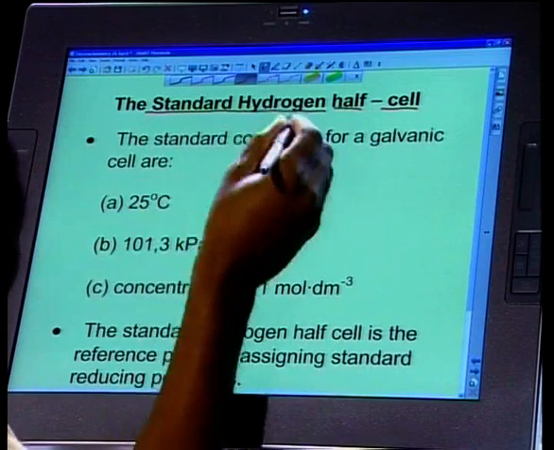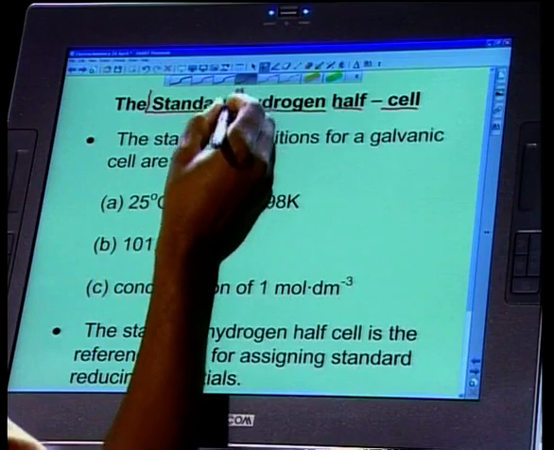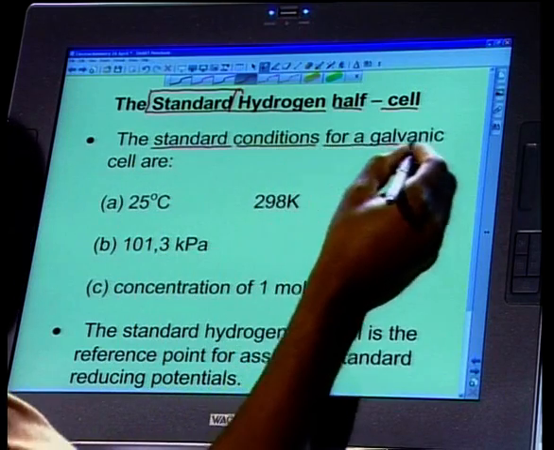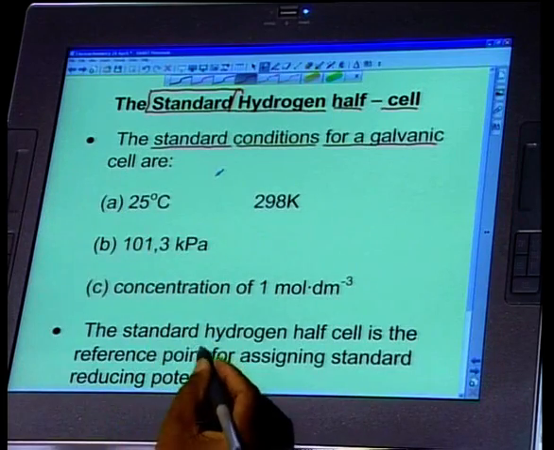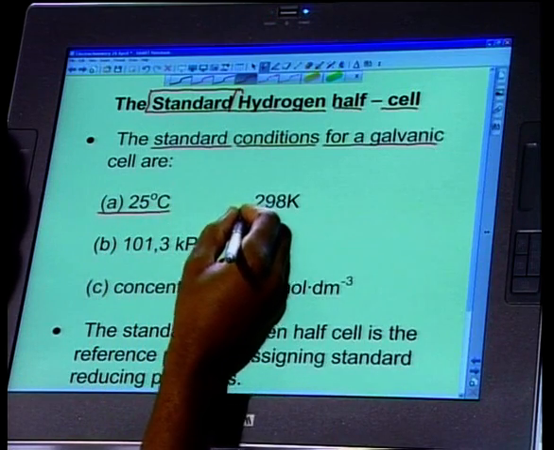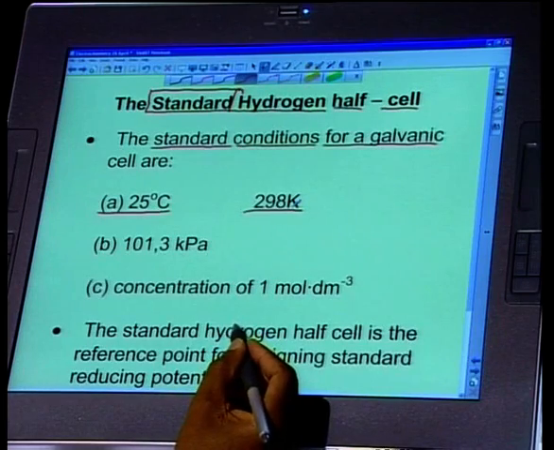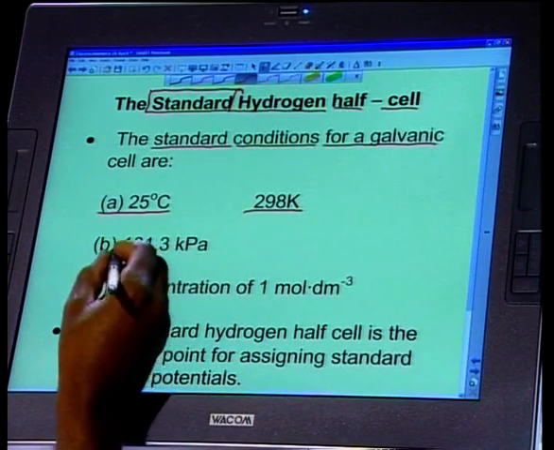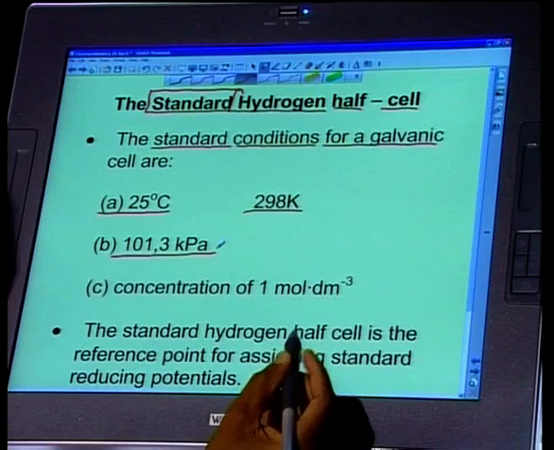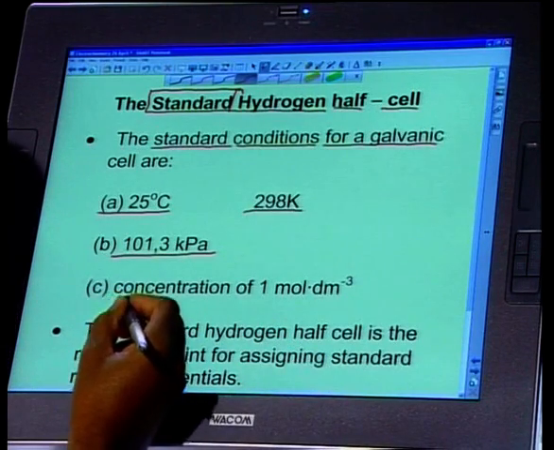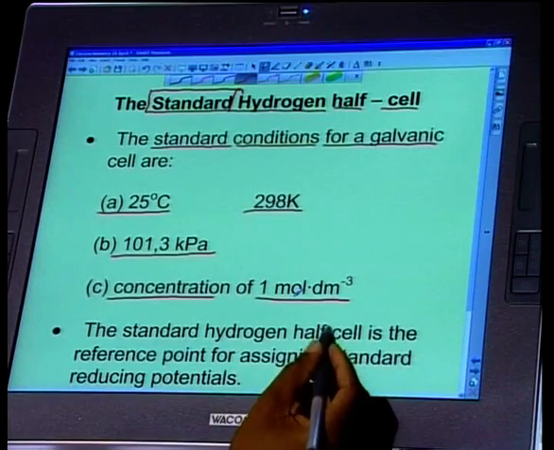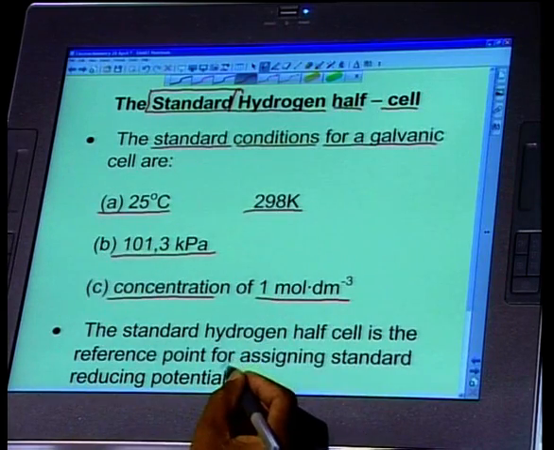And when we make use of this standard hydrogen half cell, the word standard, it is formed or created under standard conditions. And what are these standard conditions? We should be having a temperature of 25 degrees Celsius, which is 298 in Kelvin. We would make sure that the pressure of the air around there is 101.3 kilopascals, or 1 atmosphere. And the concentration of each of the solutions should be 1 mole per cubic decimeter. In this way, we have a standard